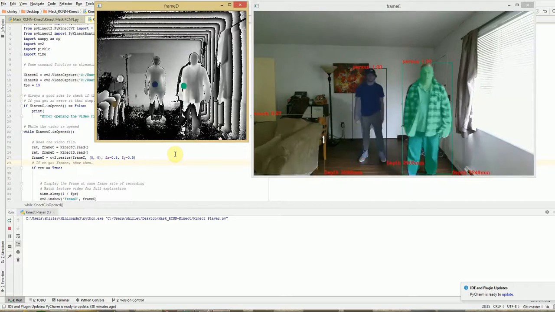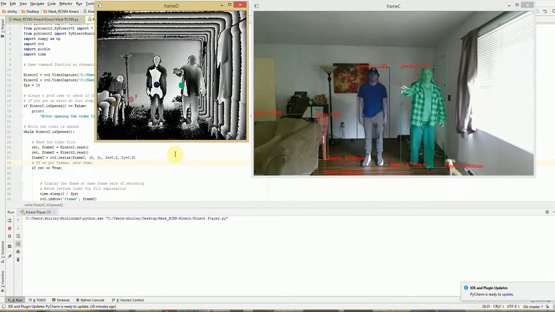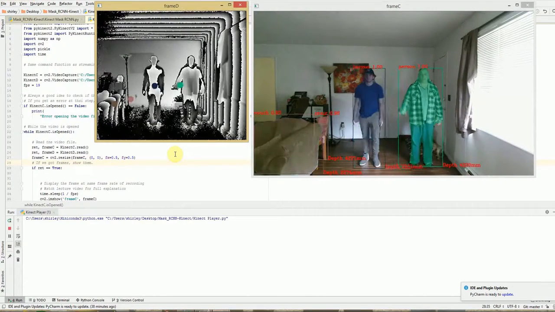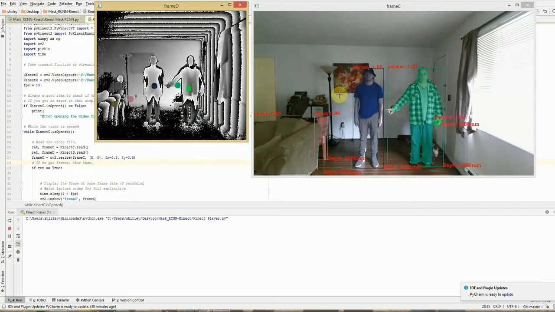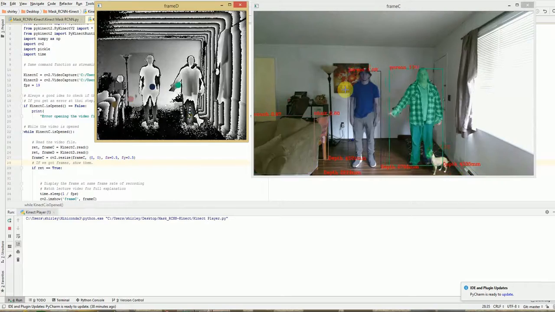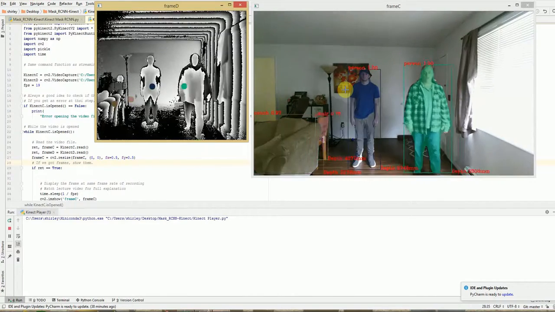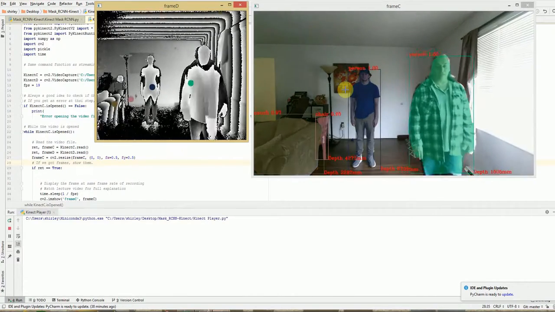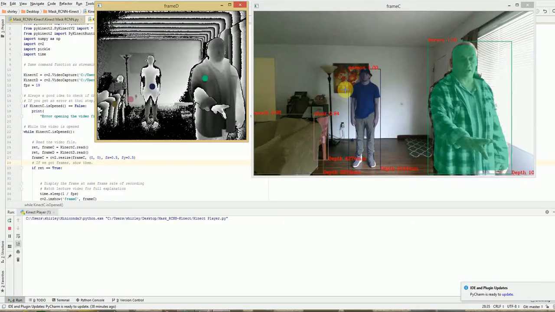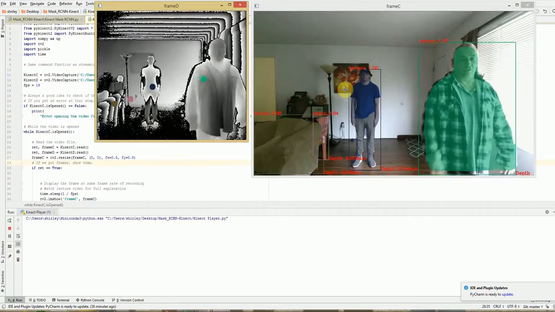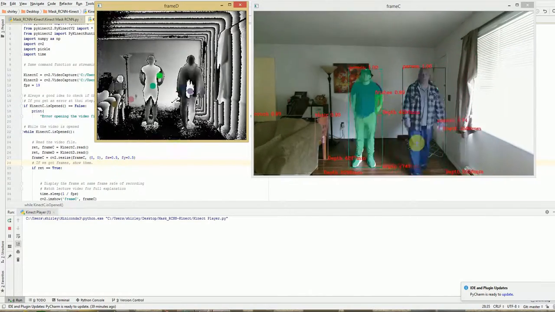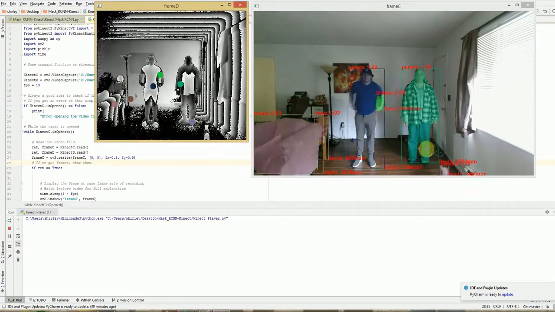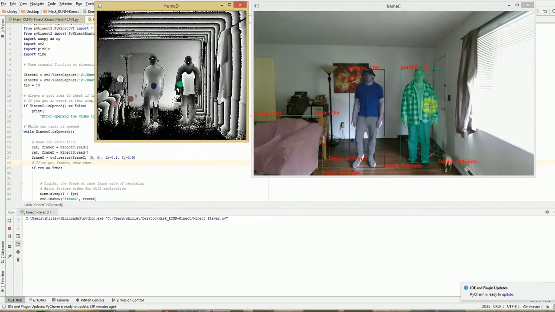This is a Kinect running the Mask R-CNN model. As you can see, this works similar to the other one I had, the Kinect YOLO. What it does is it takes the video stream and the depth stream and runs it through the Mask R-CNN model. And you can see it finds the object, puts a bounding box around it, and then it puts